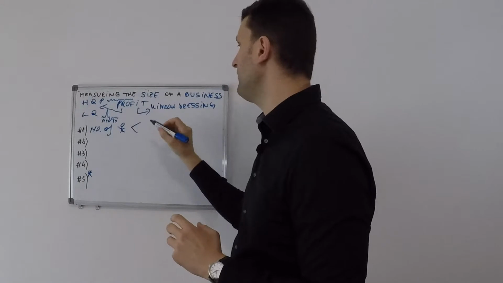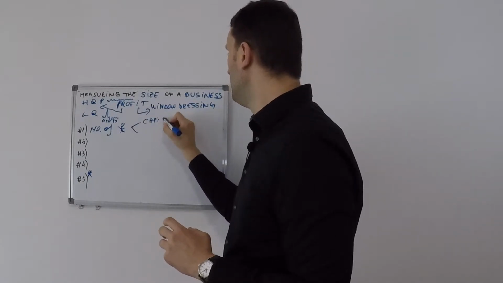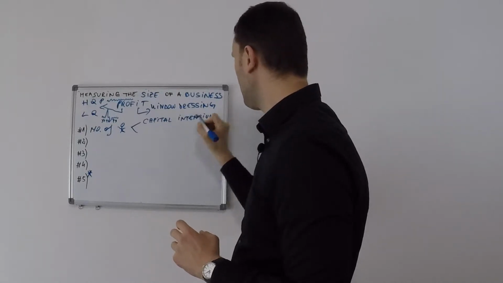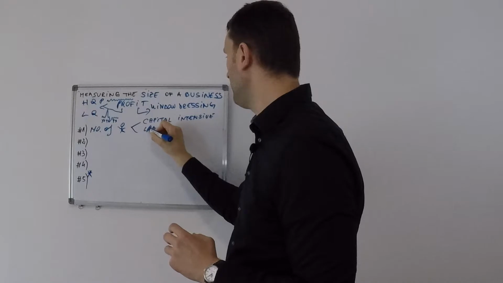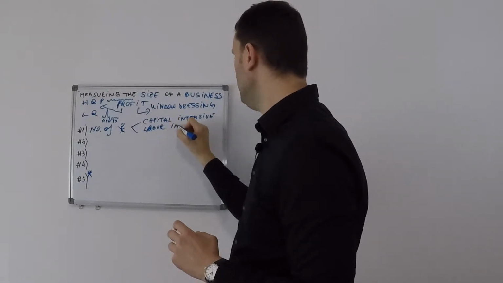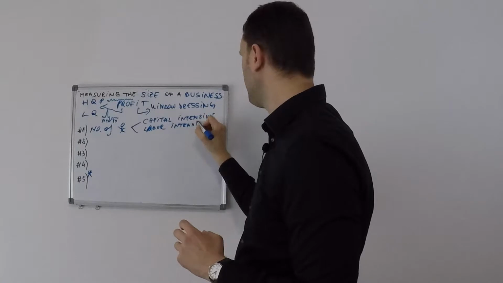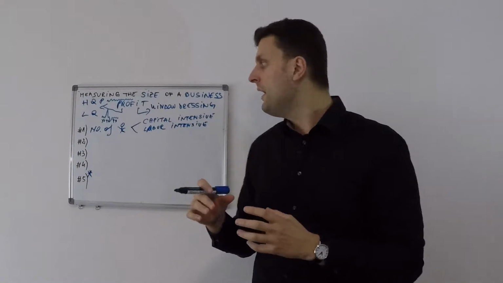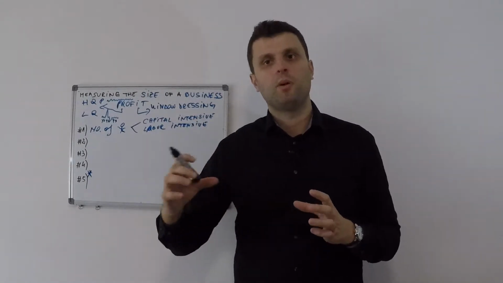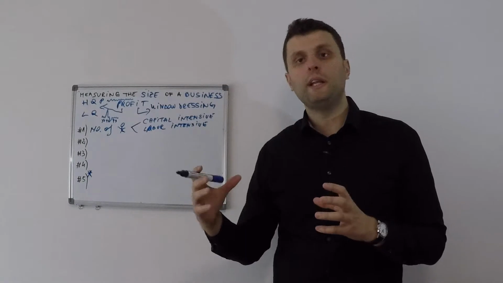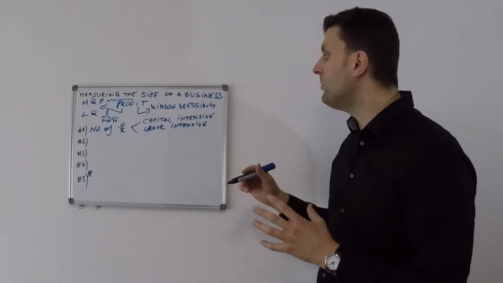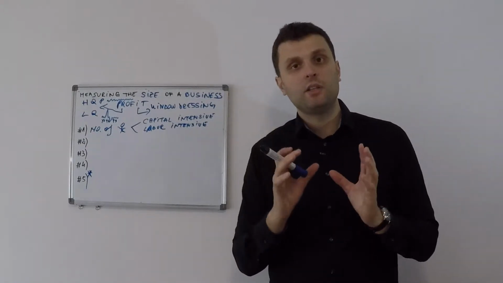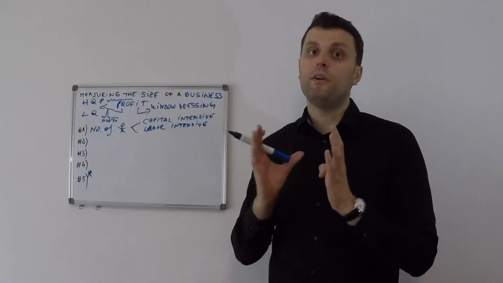So first of all, here you have to ask if you're capital intensive or if you're labor intensive. Capital intensive means that the vast majority of the production process is made by machinery, by technology, and we have people that assist it, but those people or those employees are actually very highly skilled and very well paid and are very few in number.